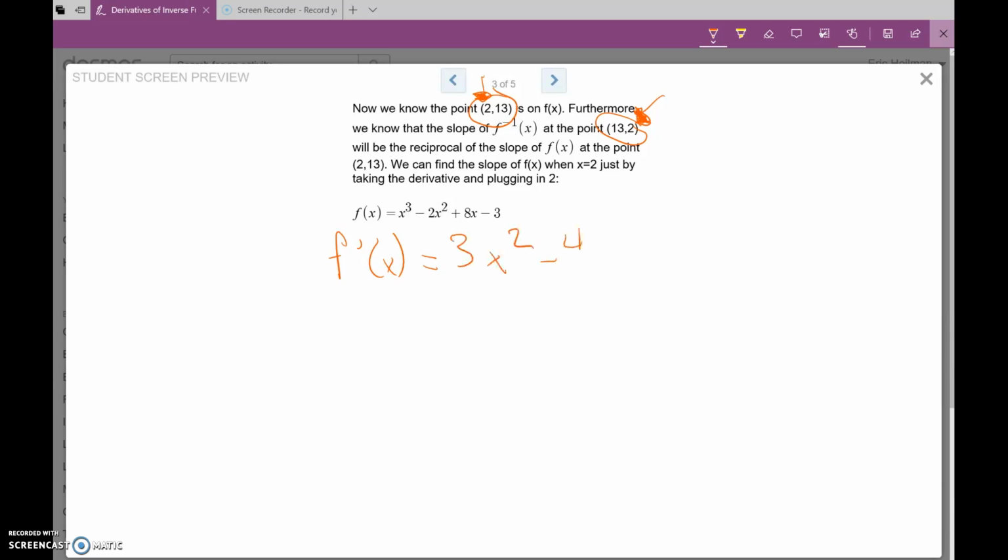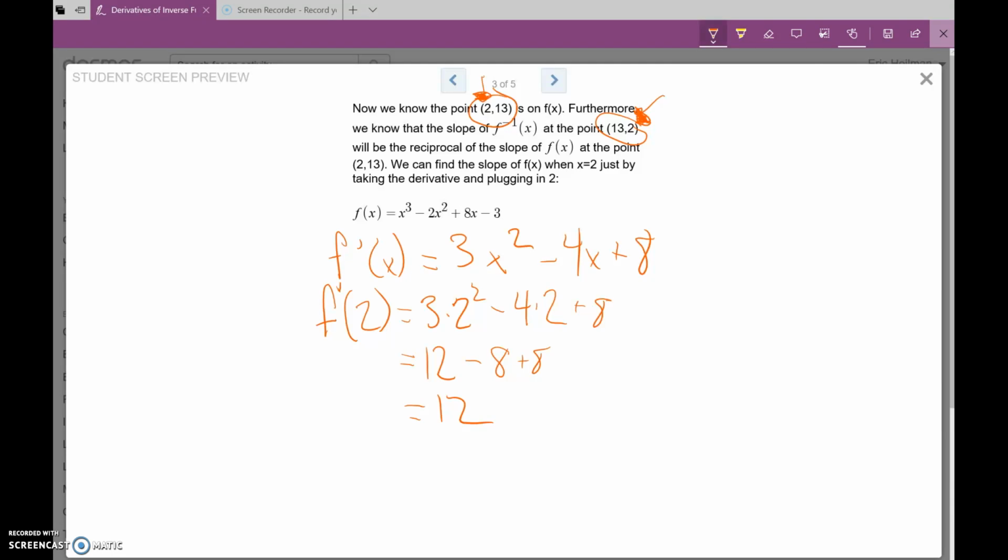3x squared minus 4x plus 8. And we are trying to find the slope of f when x equals 2. So this is going to be 12 minus 8 plus 8, so you get 12. So if f prime at 2 is equal to 12, that means that the slope of f inverse at the point when x equals 13,